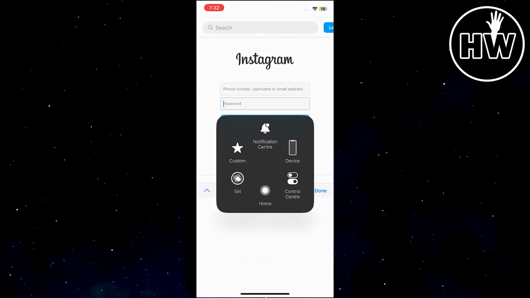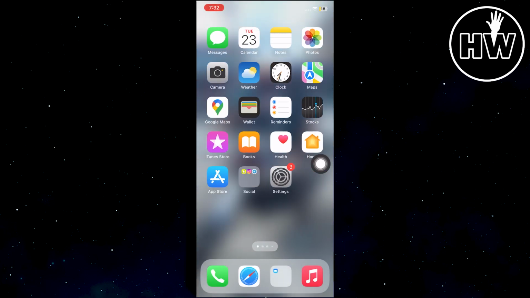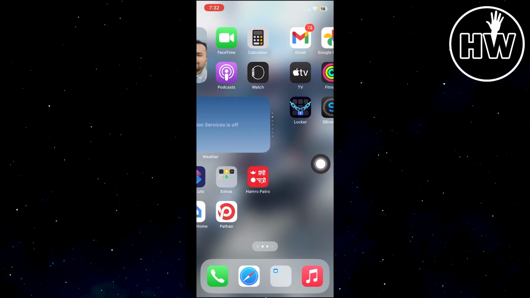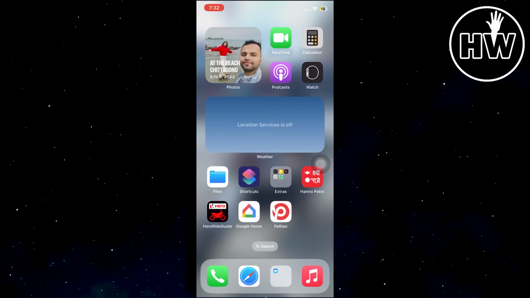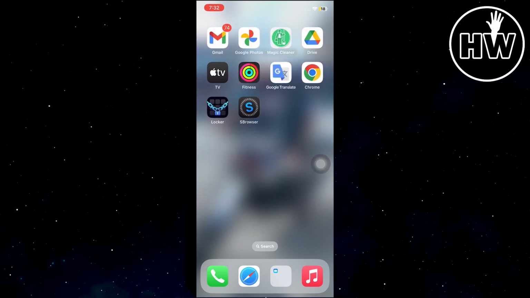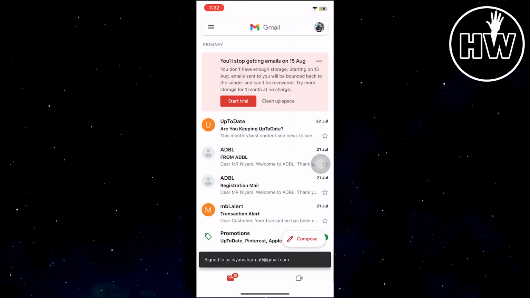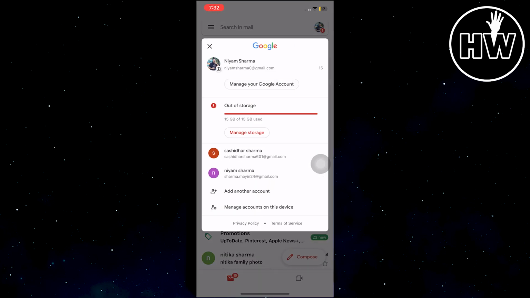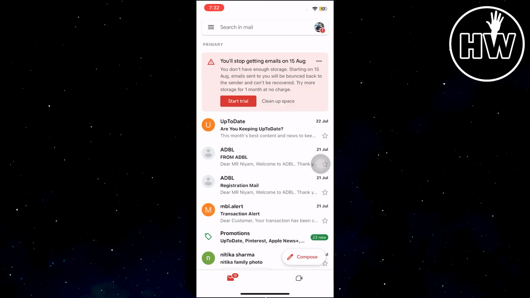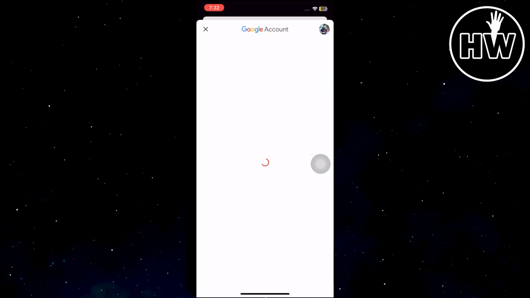And the last easy way I also want to show you to see the password of your Instagram is just open your Gmail. And when you open your Gmail, go to your profile in the right corner of your screen and just click on this manage your Google account. When you go there,